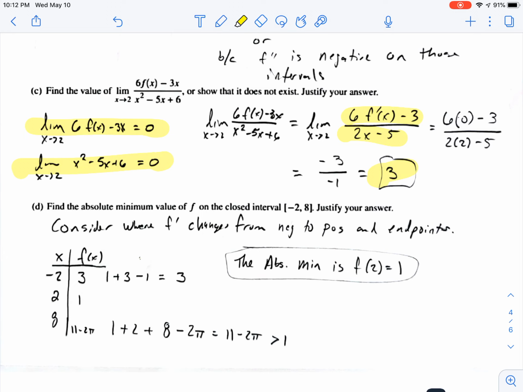Part D asks for an absolute minimum. We're going to be using the candidates test. Make sure you explain why you chose the candidates you did. f prime changed from negative to positive, and the endpoints. So those are our 3 candidates. It gave us